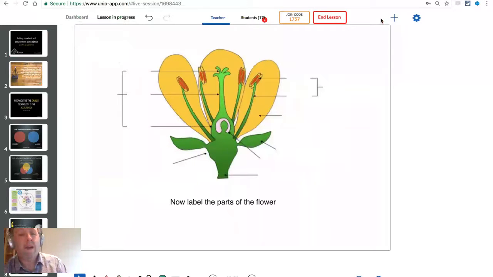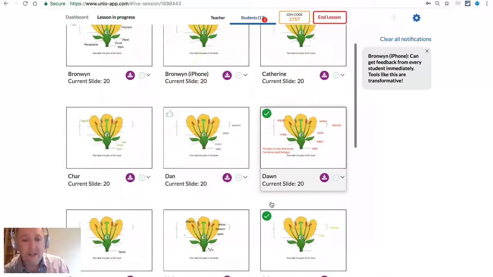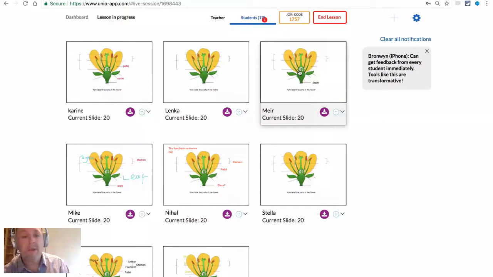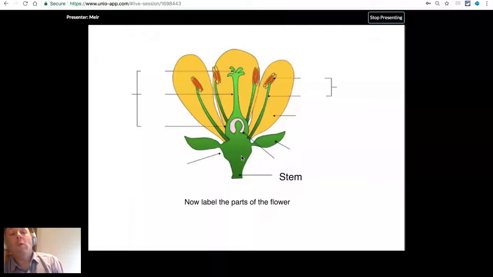So let's just go to Mayor's example for a second. And so what we could do, let's say we're in a real classroom. Here we go. And Mayor hasn't put very much on here. He's got one thing on there. But what could we use to help him as part of our class? How can we help him get to a model answer? And actually, we could get someone else to write on his screen and give feedback. We could have an open conversation around the classroom. It's a real clear way of being able to close